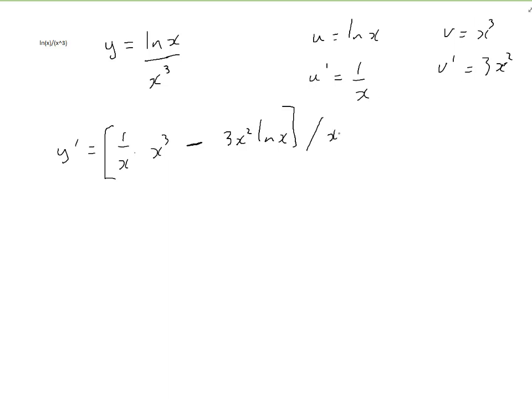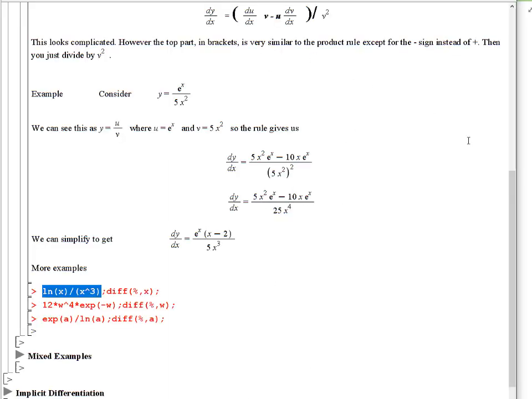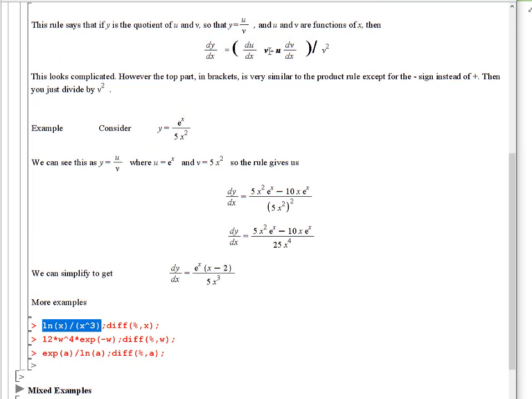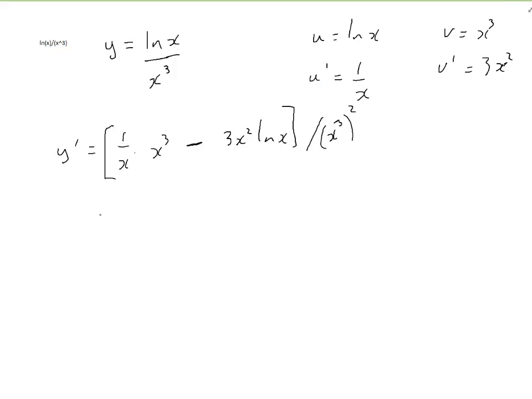so x to the power 3 squared, because we're applying this rule here, divided by v squared. So that's differentiation completed, but we should simplify a little. So here we have x cubed divided by x is x squared minus 3x squared log x. But all of that needs to be divided by x cubed to the power 2,